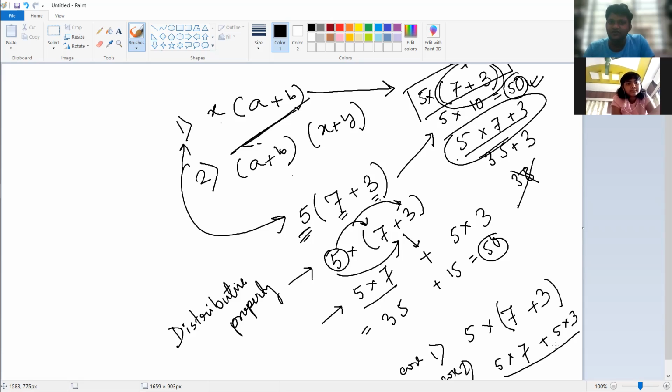What is the formula then? It will be X into A, because X people are there. They have taken tea, whose price is A rupees, suppose. So how much money did you spend? X into A rupees. Next, it will be X into A plus X into B. That is the answer.